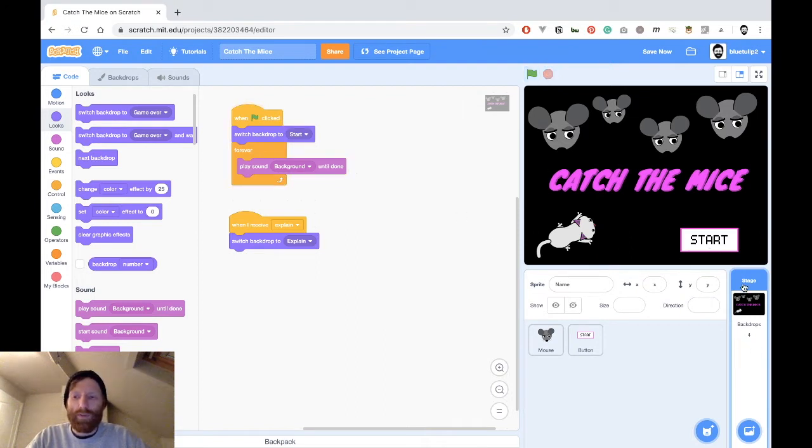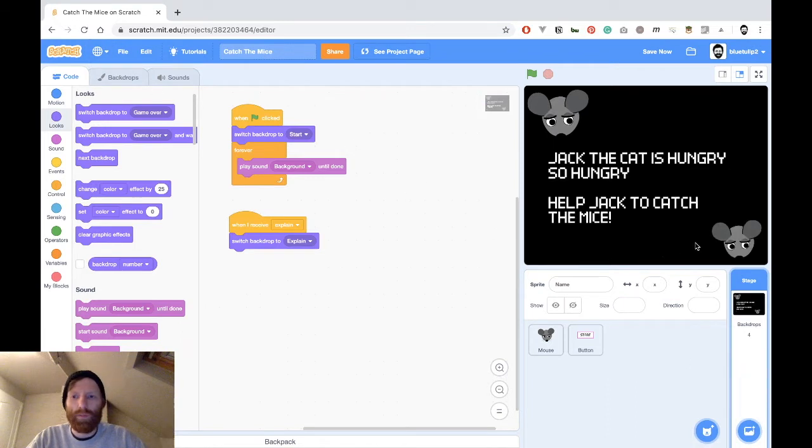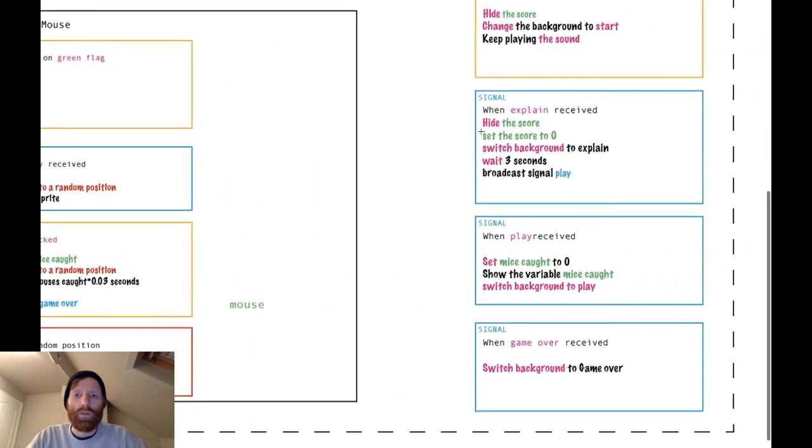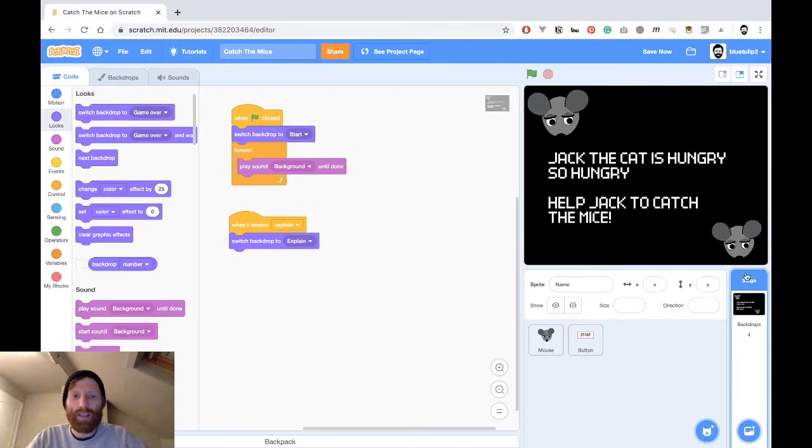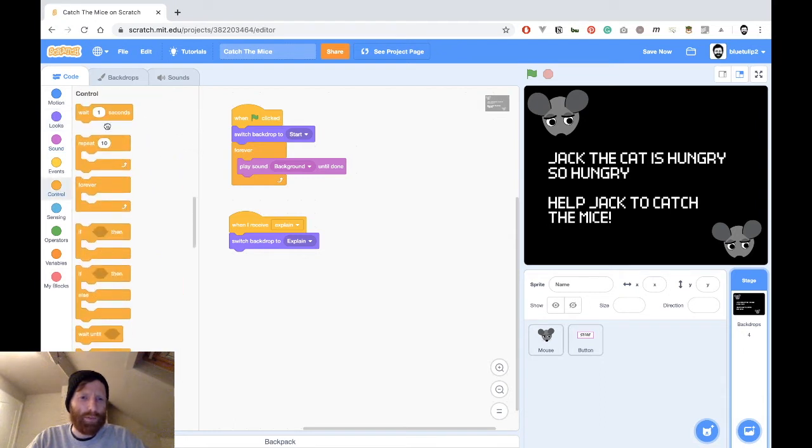So let's focus now first on, so when we are here, okay. So this should take 3 seconds, and then we will switch to the game itself. So we go to stage, when I receive explain, switch the backdrop to explain. This happens, and then we will wait, control, we will wait 3 seconds,